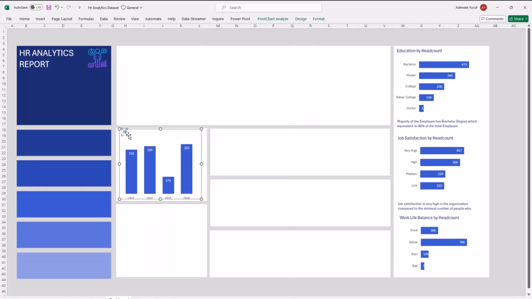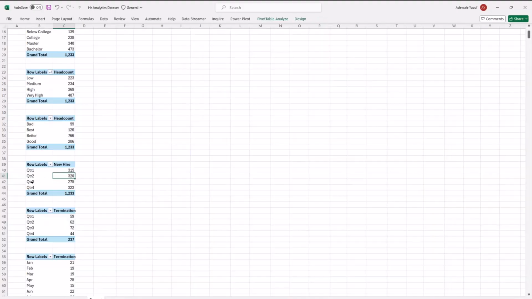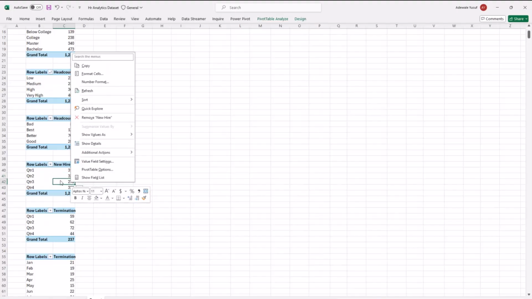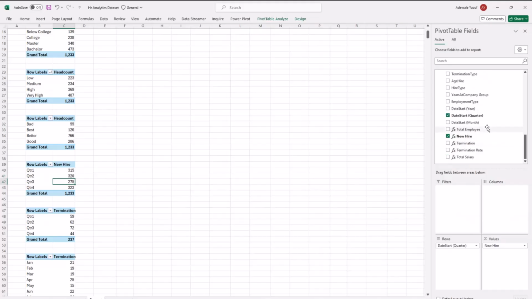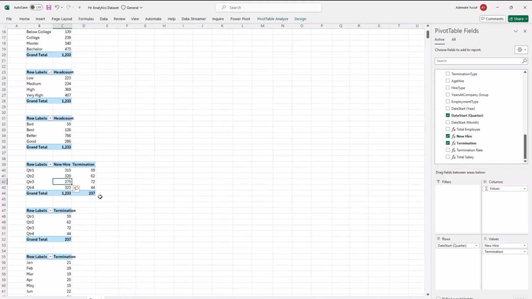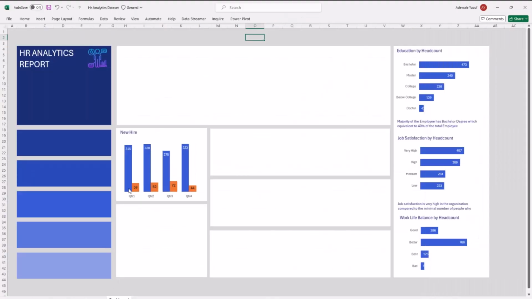But another thing I want to do to this particular chart is do a comparison with my terminations. What I mean is I want the terminations to show somewhere so I know somebody has actually been terminated or not. The way I do that is I go back to the report. You can right click on this and click on show field list so that you see your pivot table again. So I will add terminations to this. Once I add terminations, in my dashboard you will see that it has brought another visual, which is not what I want.